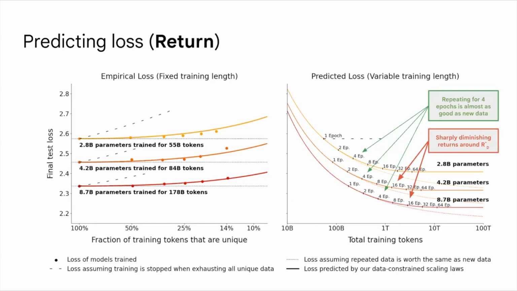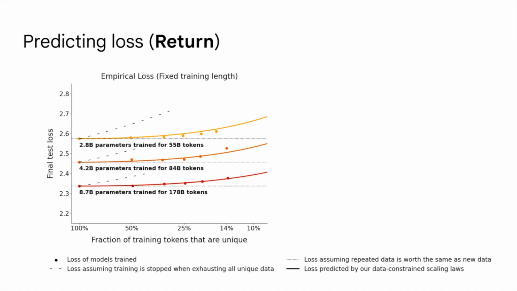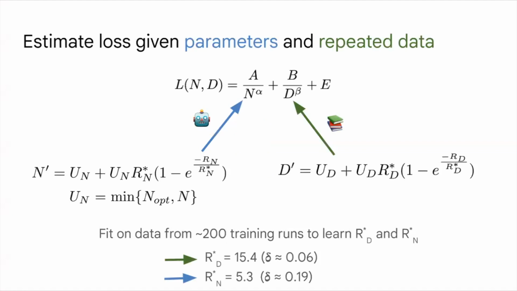Yeah, so we have a section on double descent in the appendix, and we do see double descent happening. So it's not as if we've solved the optimization problem. We see double descent, and it does add some noise to our fit. Like when we fit all of those training runs, those 200 training runs, some of them have double descent in them, which adds noise to the fit, because then it seems like at some point the value of a repetition goes up again and then it decreases.